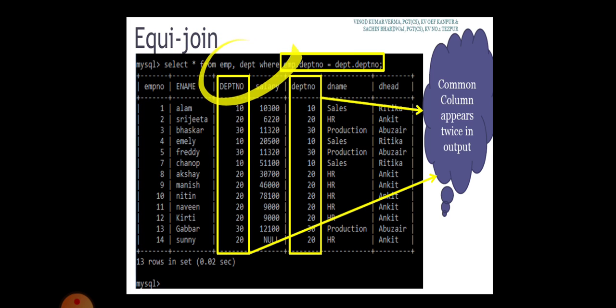So how are we separating the tables? Only by using the comma symbol, EMP comma DEPT. How are we getting the columns corresponding to each and every table? By using a dot operator. EMP dot DEPT-NO is equal to DEPT dot DEPT-NO. So which is the operator used for qualifying the column? Dot operator.